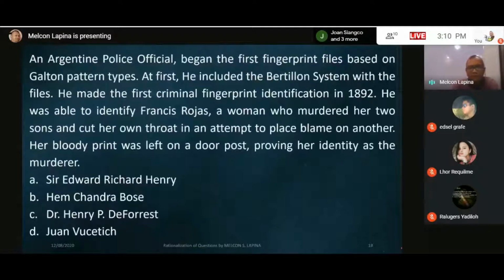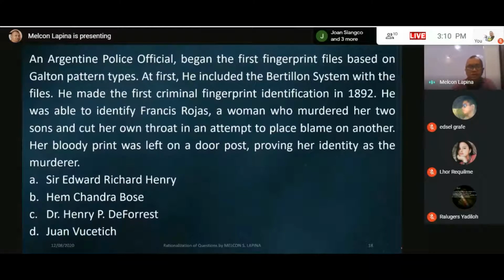An Argentine police official began the first fingerprint files based on Galton pattern types. At first, he included the Bertillon system within the files. He made the first criminal fingerprint identification in 1892. He was able to identify Francisca Rojas,